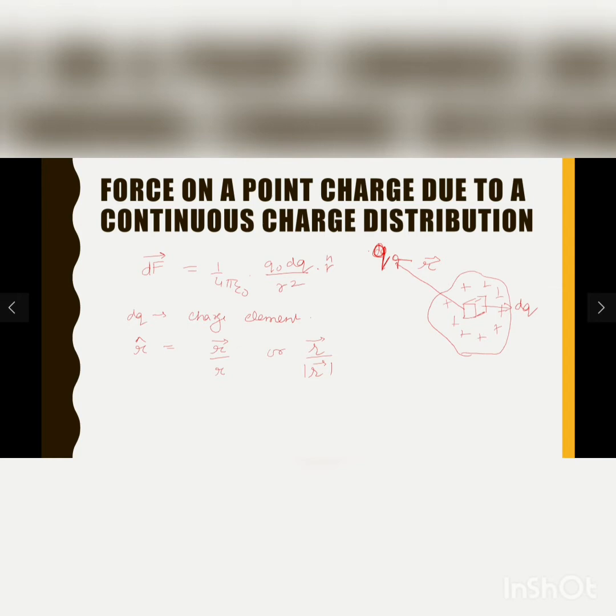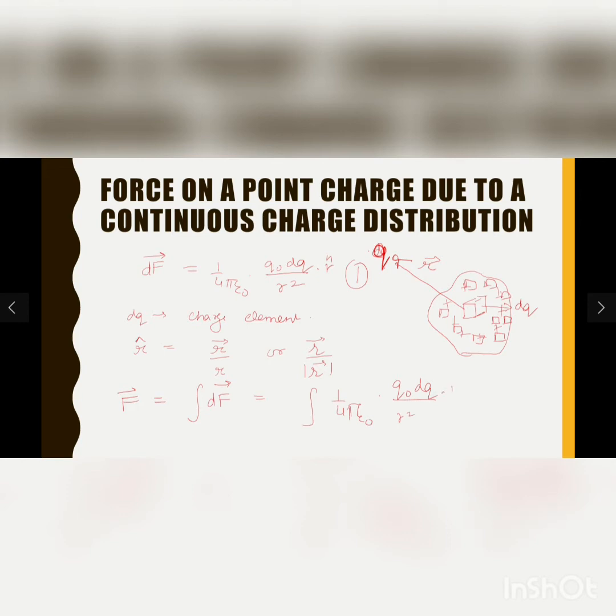So now we have the contribution due to that small charge element dq. Now I can simply apply my superposition principle. We can consider many such small elements dq, and then I apply the principle of superposition. The net force acting on the test charge q naught would be simply the vector sum of all these forces due to individual charged elements. So I can simply integrate over the expression, expression number 1.